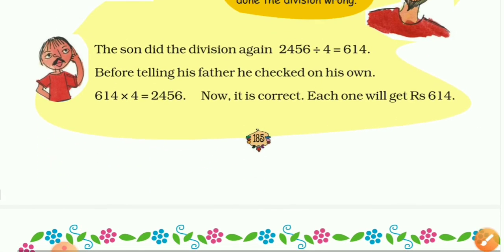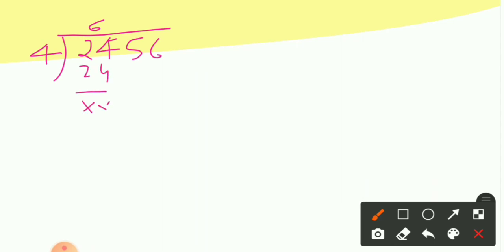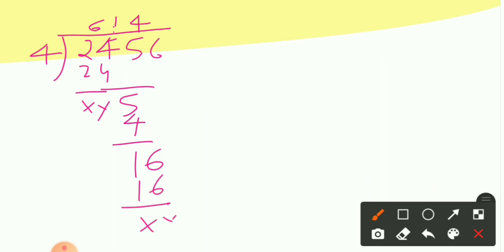So let me explain this whole activity with a solution, how we can check the answers. Actually the amount was 2456, right? And Harisharan needs to divide it among his 4 sons. So for that we have to divide this number. So it is 4 6 24. We have to cross it. Now bring down 5 and we can divide it by 4, 1 4. 1 is remaining. Now bring down 6. 4 4 it is 16. So we got 614. It is our quotient.